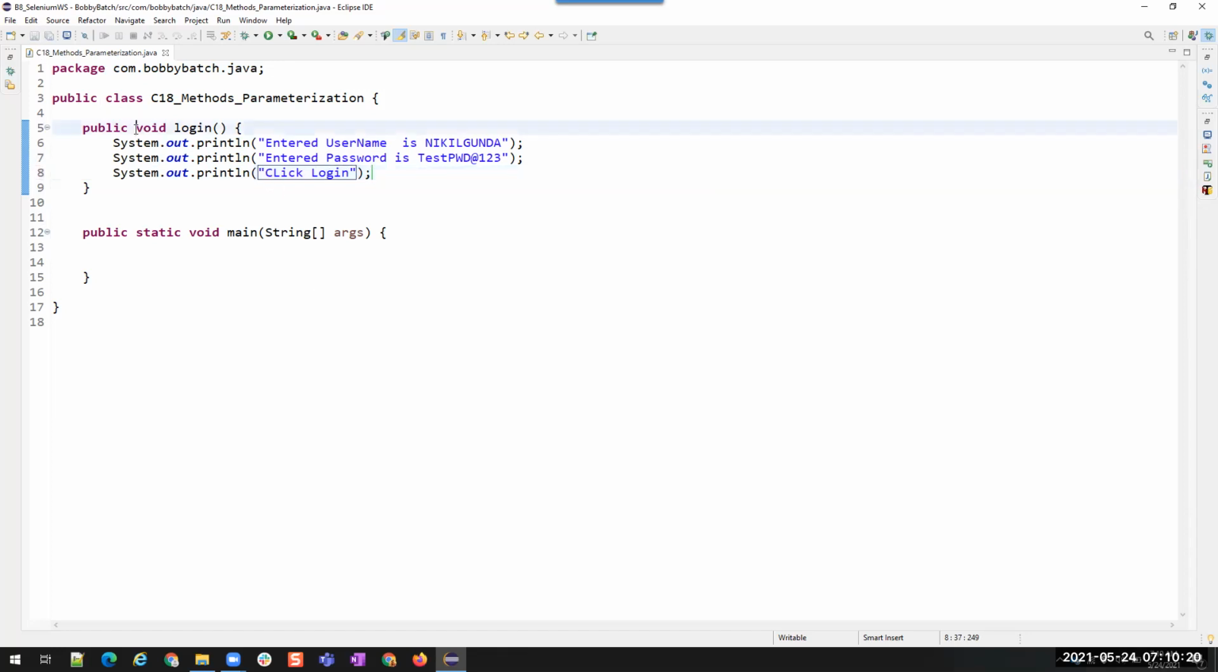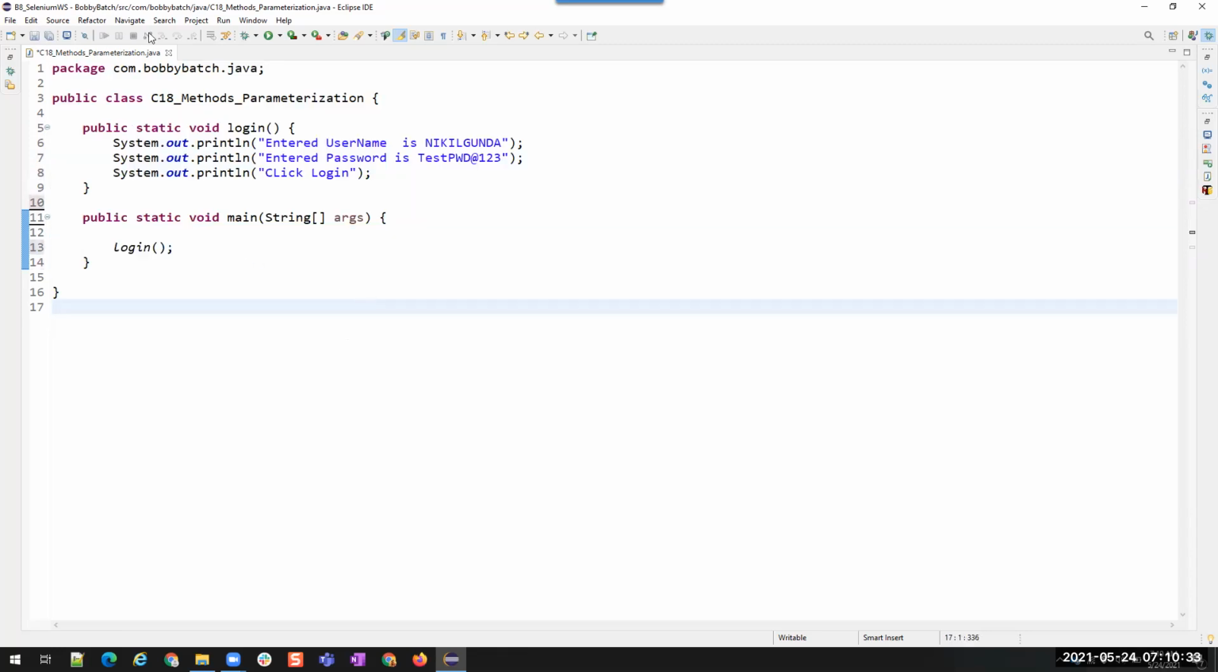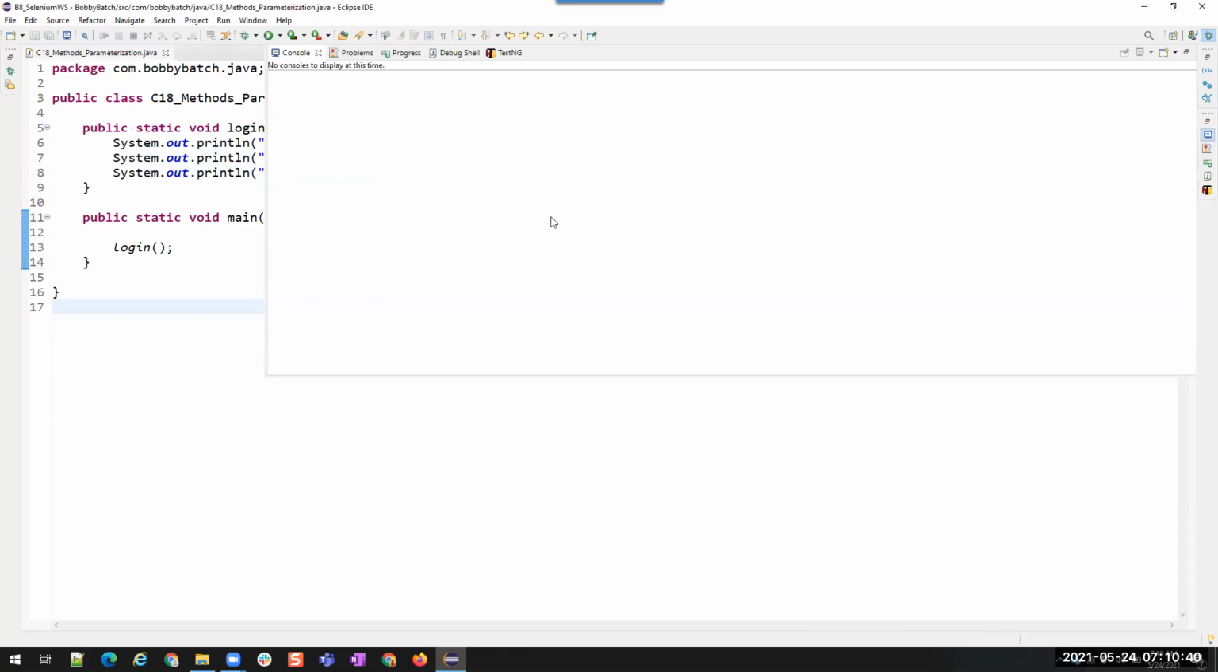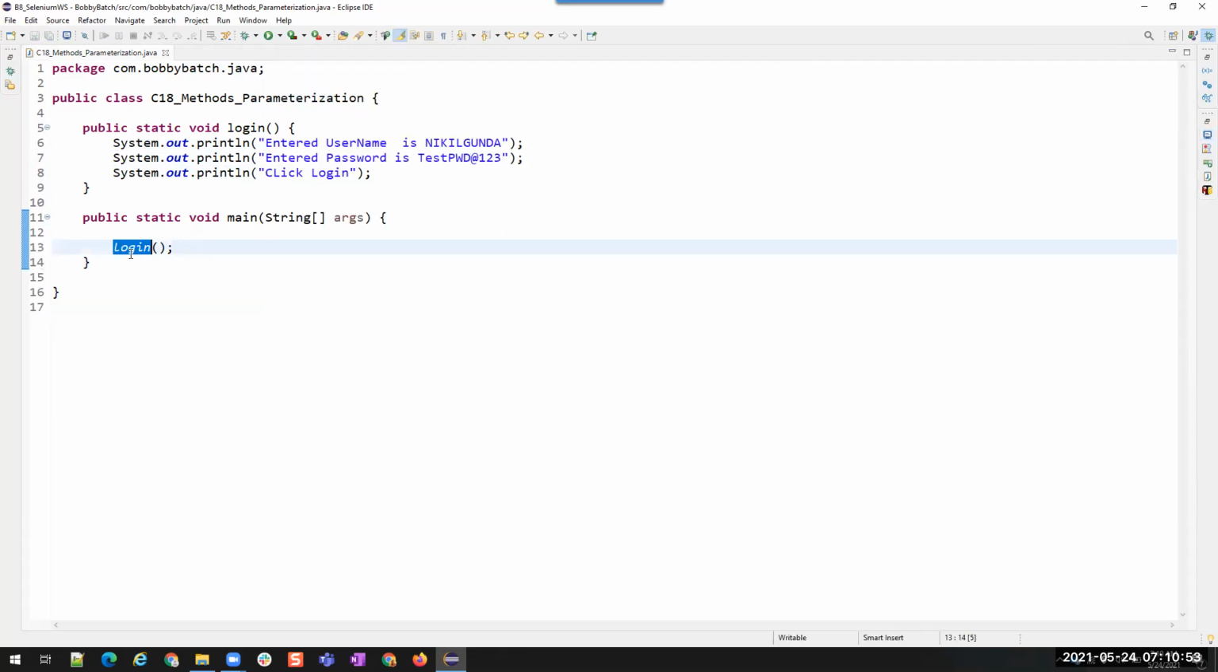Now if you want to call it, just make it static so that I can use it directly. Static, and save the class. This is what we already learned. Call it. See, the method is being called and it is entering, for example, let us assume, this username and this password, and then clicking on login. But now, if you want to log in with your own credentials,